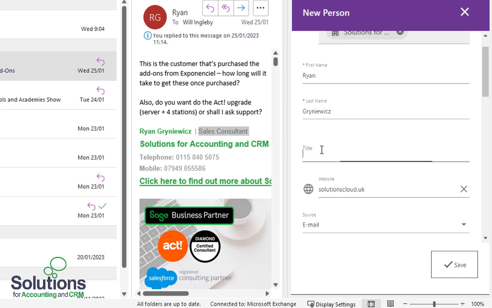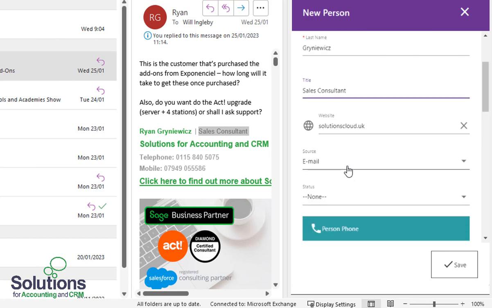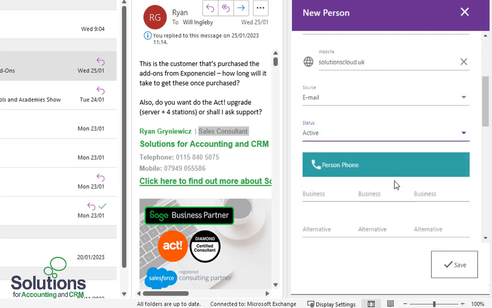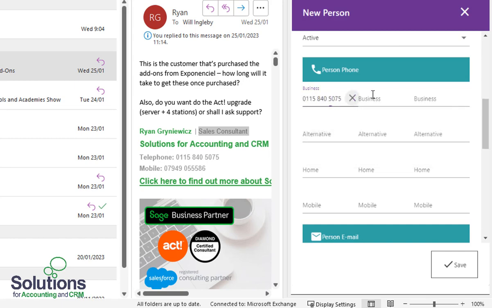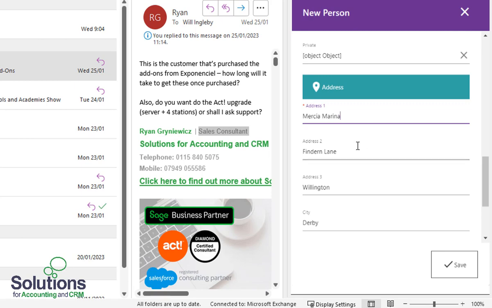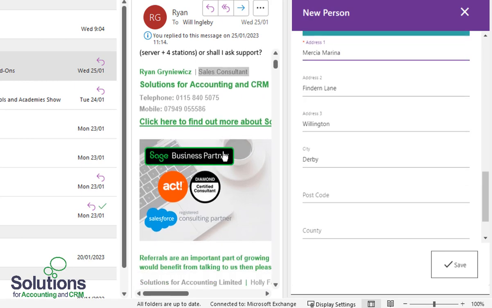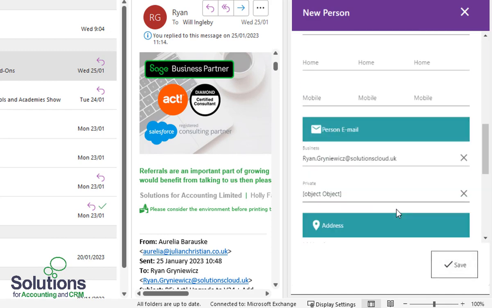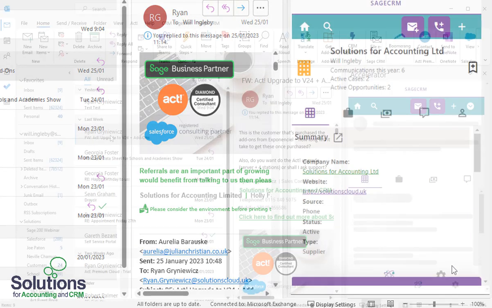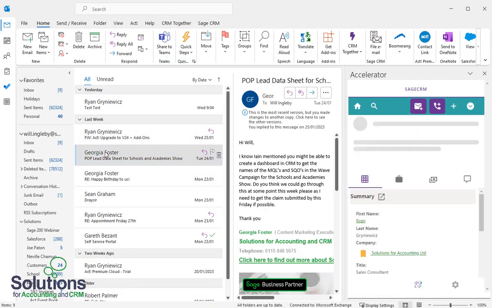And I can just copy in or type in other elements of information that I want to record against that person when the record is created. So it could be phone numbers, whatever fields that you've got set up as key fields of information that you want to record when you're capturing a new person. It will automatically assume the address will be the same as that of the parent company, but of course I can overtype it if I need to. I could put in additional email addresses such as a personal email address, but of course it's already automatically gathered the primary email address from the email. And then I just click Save, and the person record is created in CRM.